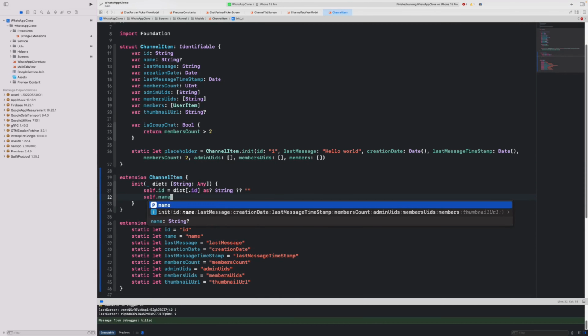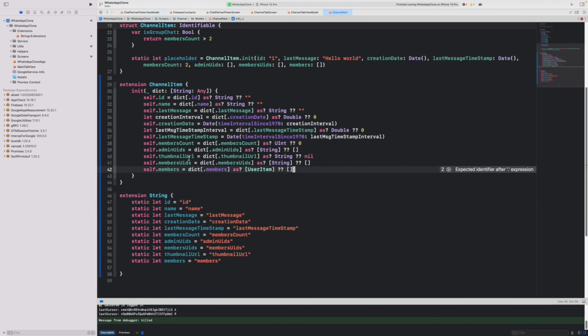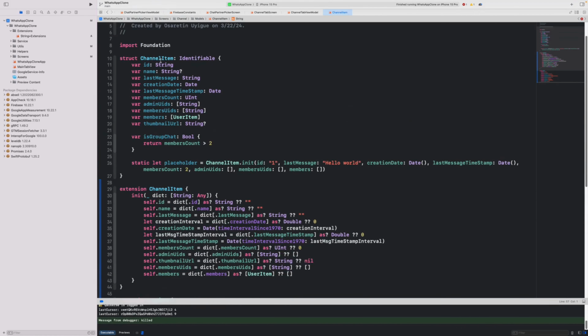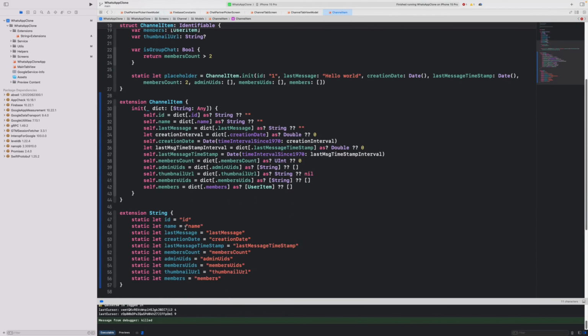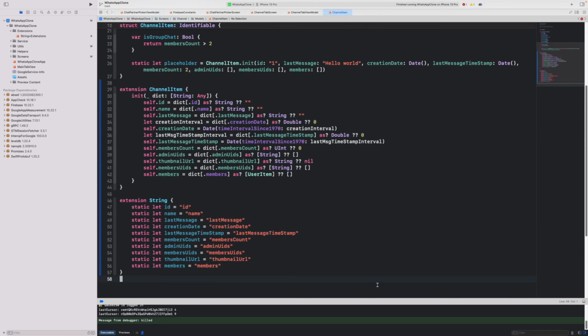Don't worry, guys. I'm just going to speed through this, and I'm going to have you pause the video and copy what I'm currently writing. Okay, guys, that's pretty much it for the key mappings. I added this other static property called members, and all we're doing is looking into the dictionary, pulling out the value and assigning it to the value of the actual channels. I'm going to have you pause the video and copy this code and make sure it matches everything. And with that being done, we're going to jump right back to our channel partner picker view